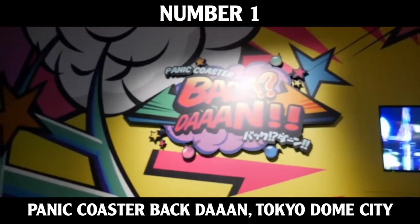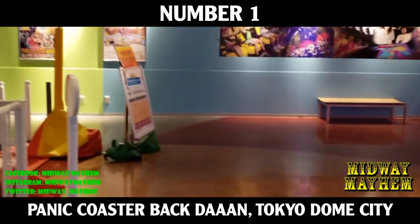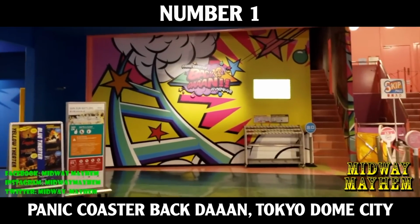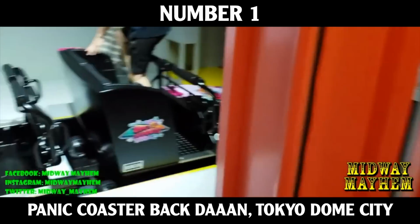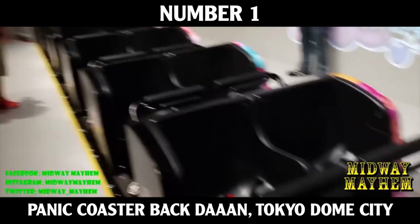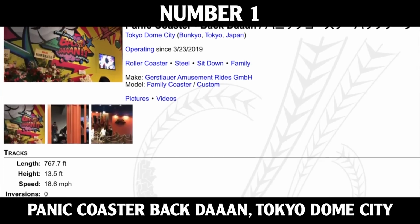But the way it works is essentially you board your vehicle, launch straight out of the station, go through a layout completely in the dark, and then come back to the station, except not through a complete ride course. See, there's actually a switch track, so now you're back in the station, but you're facing the opposite direction as where you started off. There was a blank wall on all sides of you, and now suddenly they use projection mapping, put in loud music and fireworks, launch you backwards, and you go through the whole thing again, except now